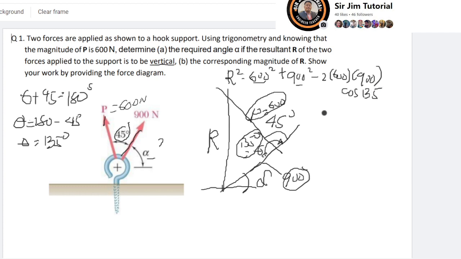Using your calculator, you can compute R equals 1390.57